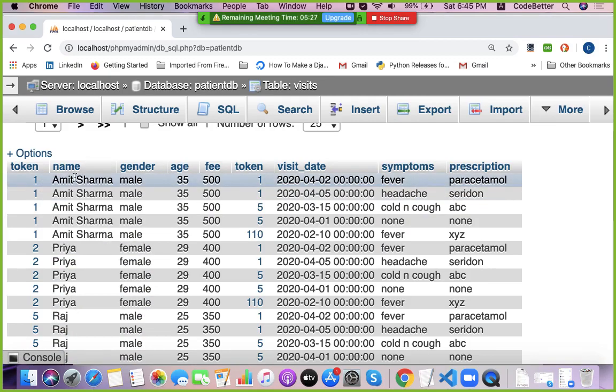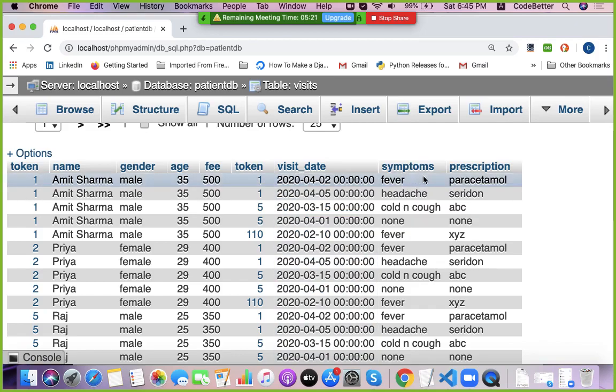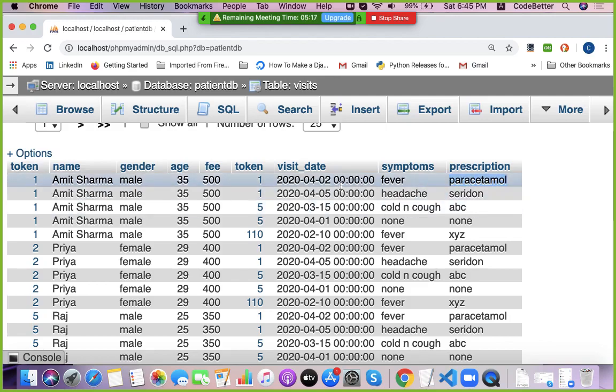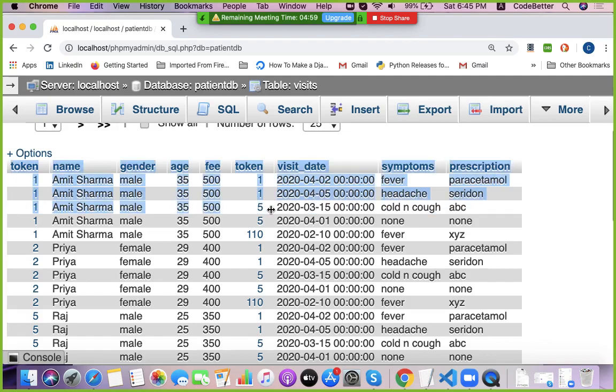So for Amit Sharma, in the first row, the visit date is given here, symptom is given here, prescription is given here. This matches. The second row also matches, but in the third row you can see token number is 1 before the name Amit Sharma and token number is 5 before the visit date. So this is a wrong combination.